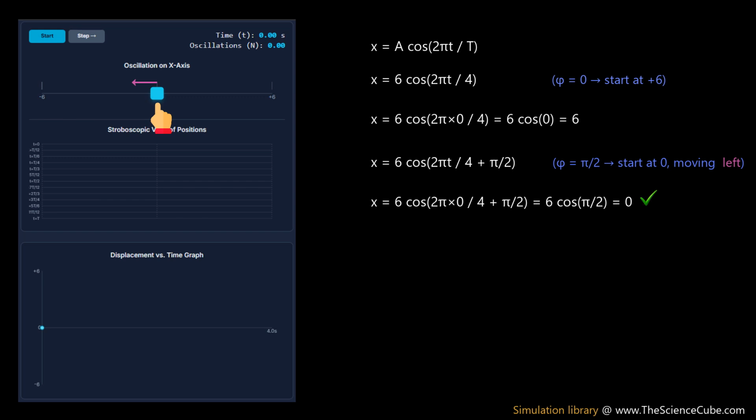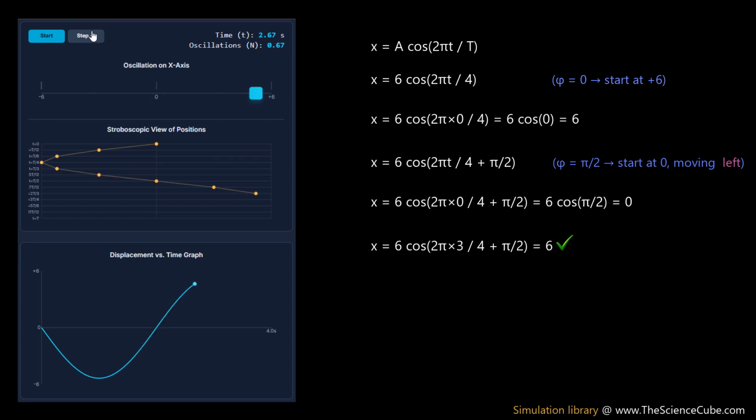And if you try other values of t, you will find that they would also give the correct results. So say at t equal to 3 seconds, we get x is equal to 6 meters, which is true again. So you see, this equation now fits a situation where the motion starts from the position x is